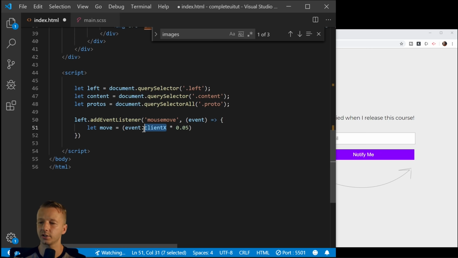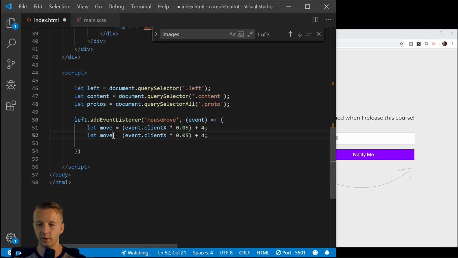So if you were to take clientX and just console log this, it would be a large number. We want to really scale it down big time to a much smaller number, which is why I'm using 0.05. I'll show you though what happens if we just made it like 1 or equal to this value, so that way you're not too confused. I'm also doing +4. So you'll see in a second what this stuff does. If you're confused, don't worry about it. I have another one, moveTo, and we're going to do this one way smaller. All right, and then we're going to say